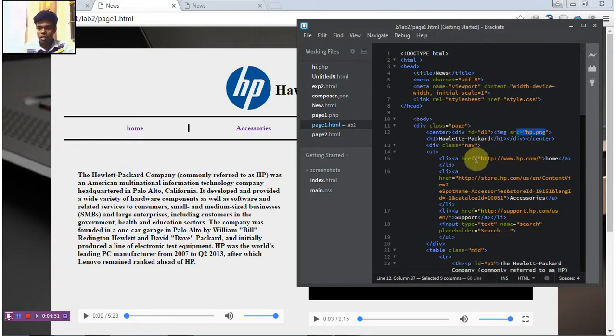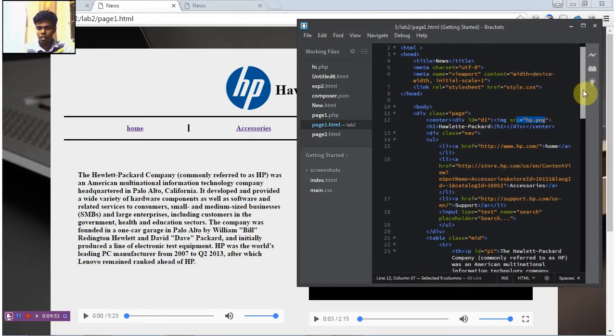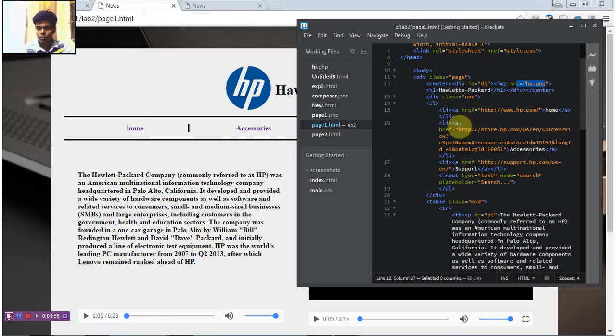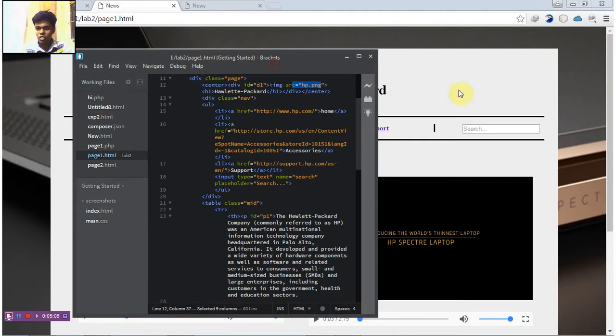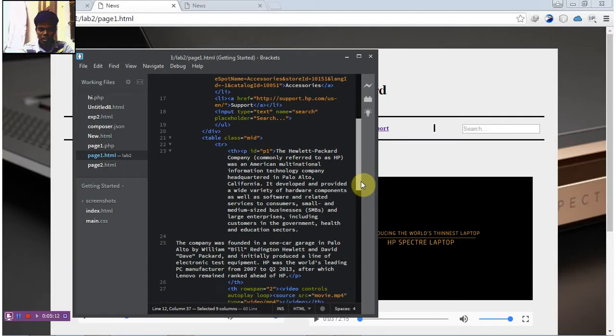Then if I come down over here, I have link, for I create a navigation bar. I have 3 links and a search bar over here, and search bar is the input type text name search. Simply I give placeholder search so that it is displayed over here as search. Then if I come down again,